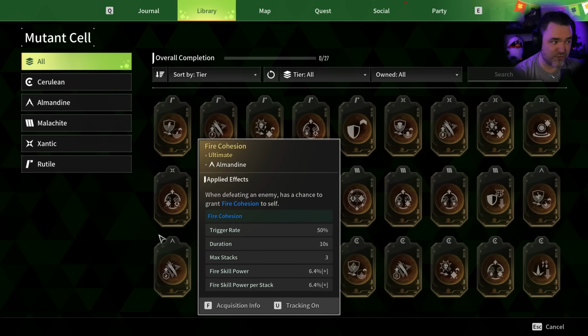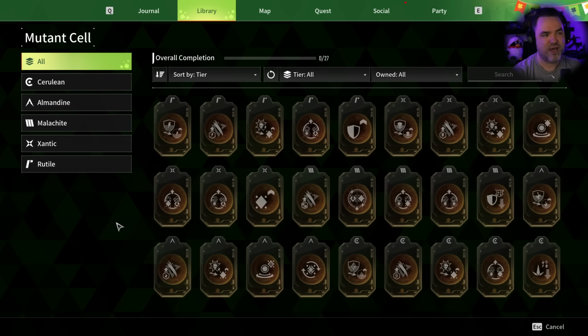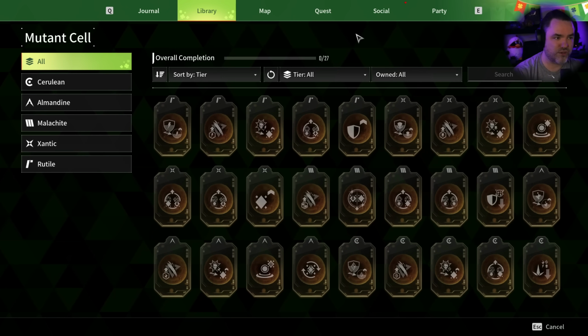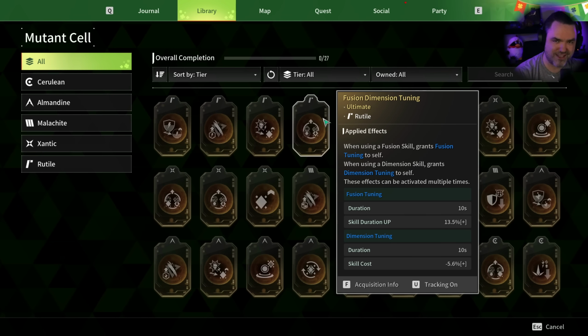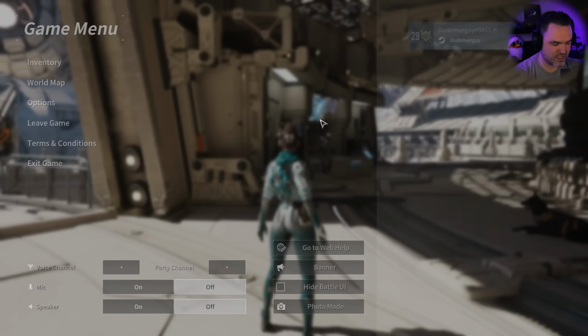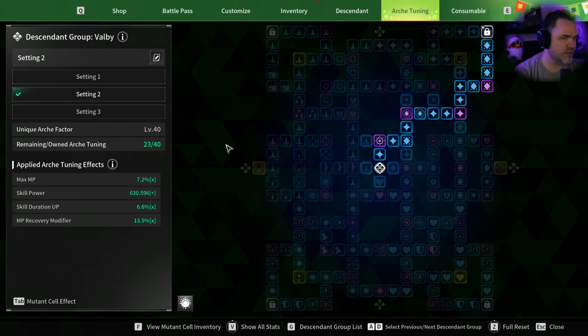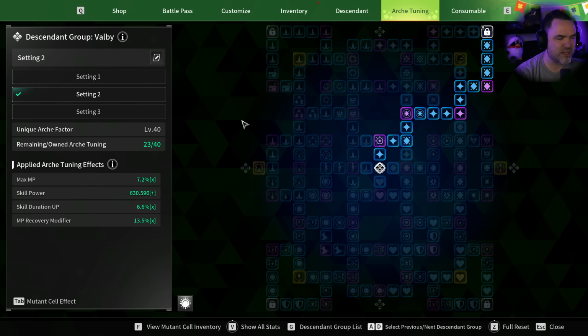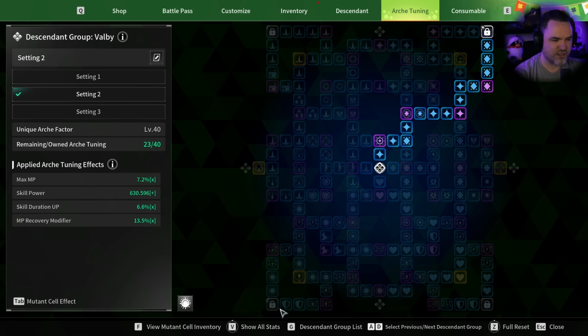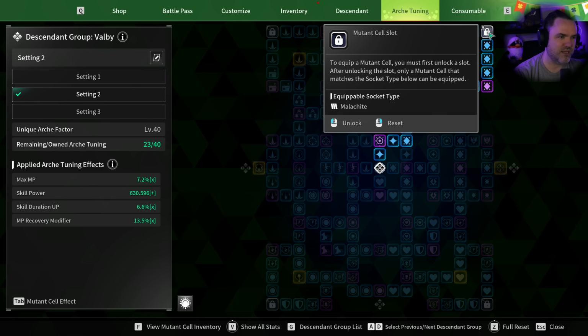The next thing to note about this is that these cells have a socket type. So the cell slot on your arcade tuning board, as well as the mutant cell itself, has a type associated with it, an actual socket type. This one is kind of an interesting choice. I feel like it probably is a net negative. So you can see this is equipable socket rutile, this is cerulean, this is almandine, and this is M